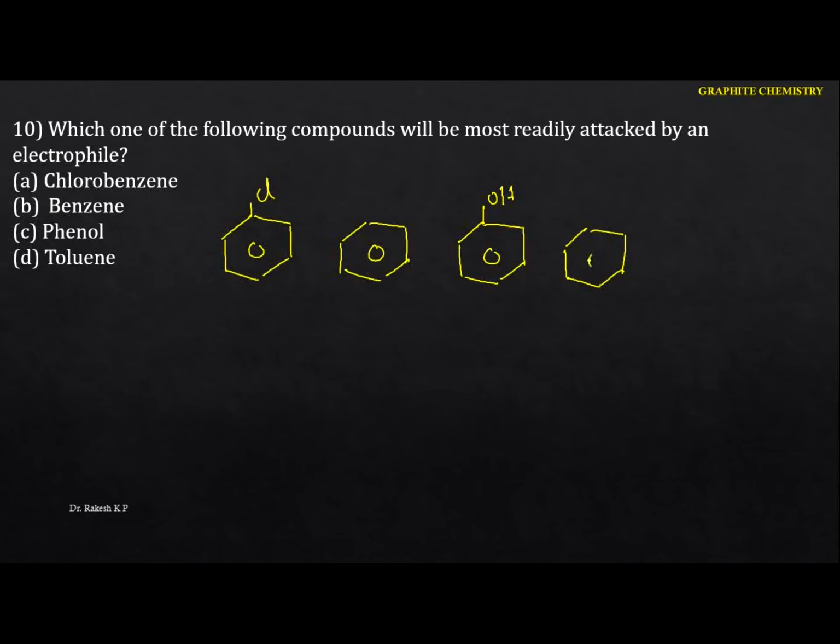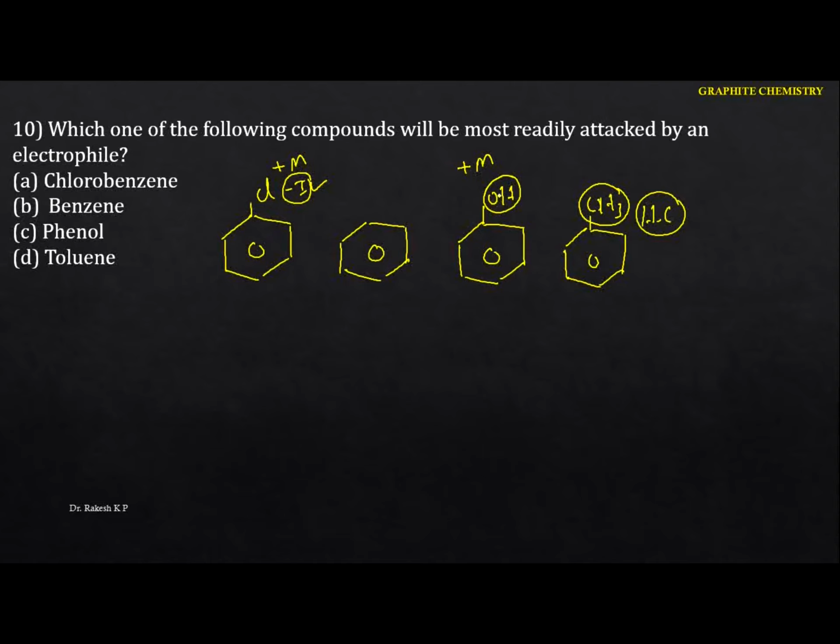Okay. So now you just identify this one. We know that chlorine shows a plus M effect, but the minus I effect is more dominant than the plus M effect. Just identify this one. This will be the OH, and this is the CH. Here we can identify the conjugation, here the plus M. So here it shows you the plus M as well as the minus I effect. That is, the minus I is more dominant over the plus M.